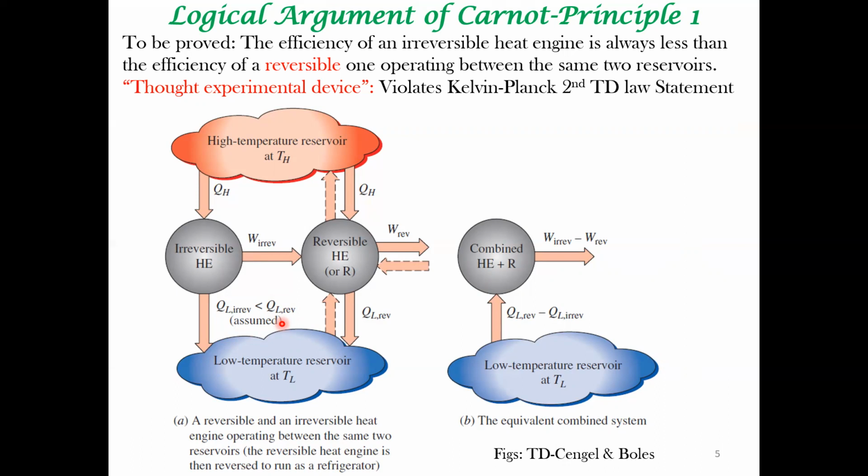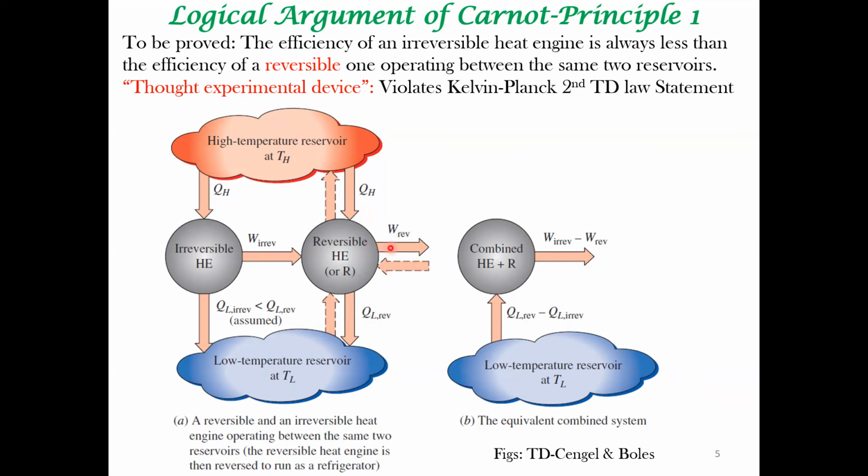Here, notice that we said this is a reversible heat engine. So what is so special about a reversible engine? Every process can be reversed. For example, if you reverse this heat engine, it becomes a refrigerator. So what is a refrigerator? It takes up heat from a low temperature reservoir. In this case, it takes up this much heat, QL reversible, from the low temperature reservoir, and then there is a work input. This has been reversed.